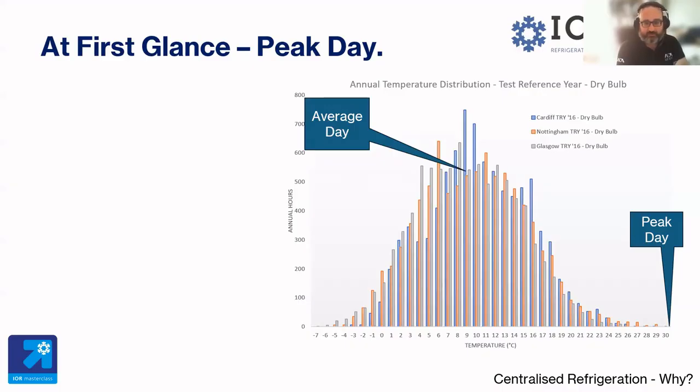And so just some key figures based on this test reference year data from City. 50% of the year in Glasgow is spent at temperatures at or below 9 degrees C. 97% of the year in Cardiff is spent at temperatures below 20 degrees C. And 99.9% of the year in Nottingham is spent at temperatures below 29 degrees C. For the other